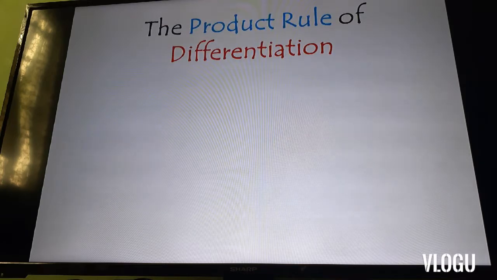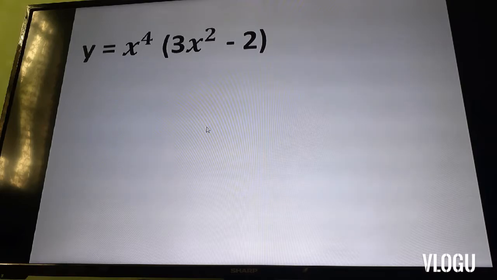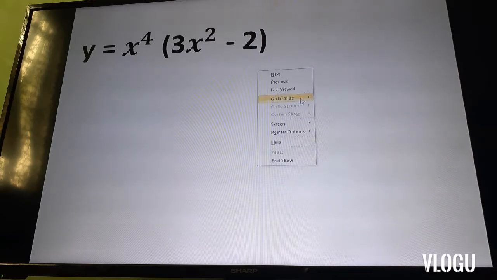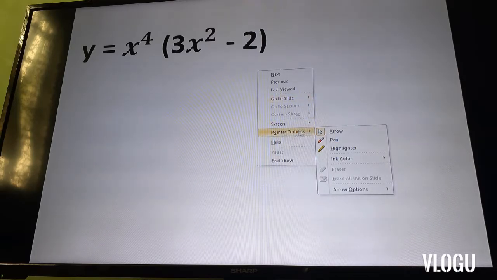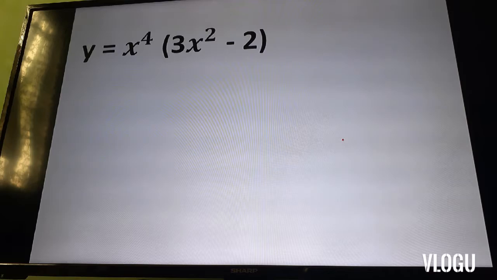Today, we're going to study the product rule of differentiation. Let's have an example. We have y equals x to the fourth power multiplied by 3x squared minus 2. First, we have to identify the first function, or f of x, which is equal to